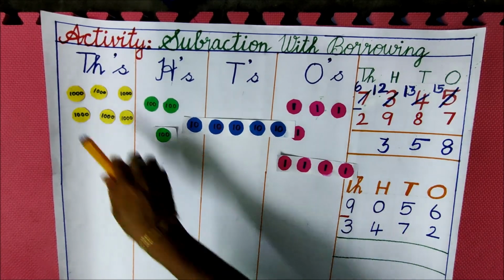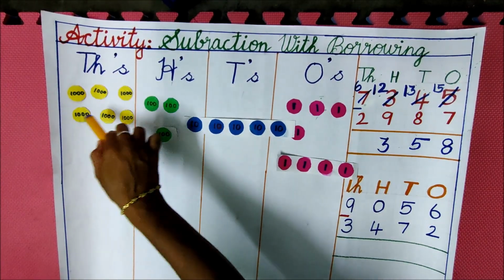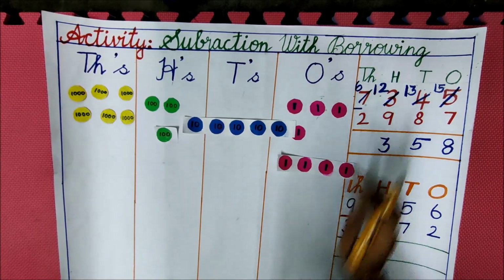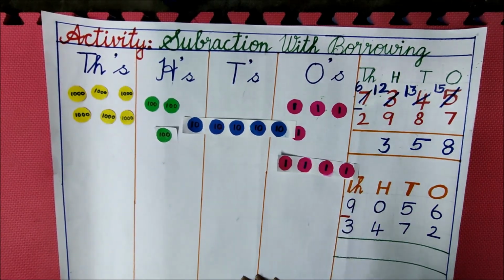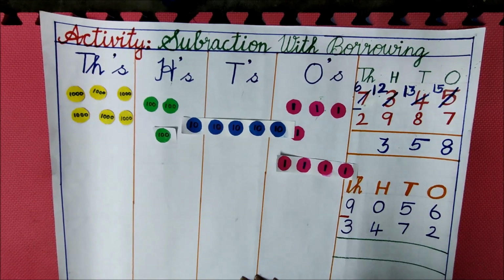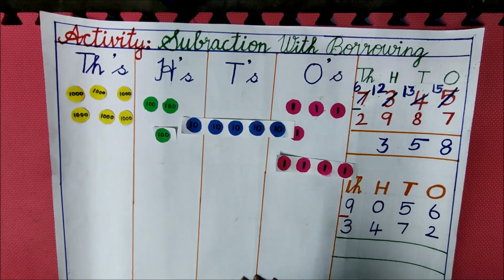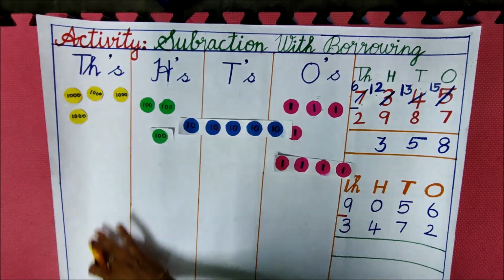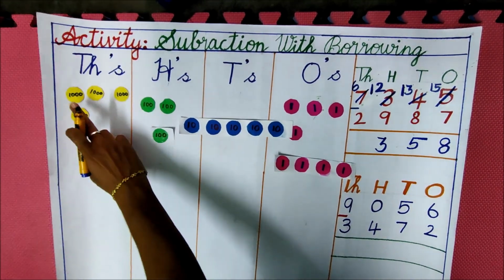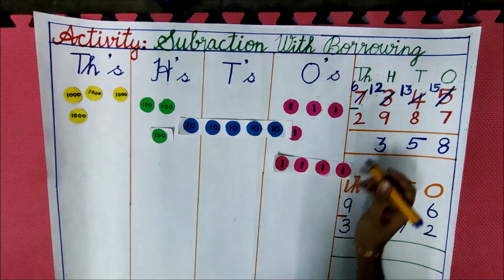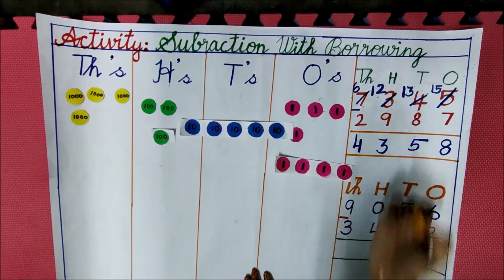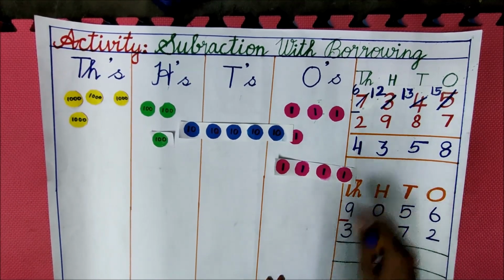So here we have 1, 2, 3, 4, 5, 6. 6,000. So 6 minus 2. Okay, so we can easily take out 2 from 6, right? Yes, I am going to take 2. 1, 2. How much is remaining here? 1, 2, 3, 4. So 6 minus 2 is 4. Okay, children. See here,